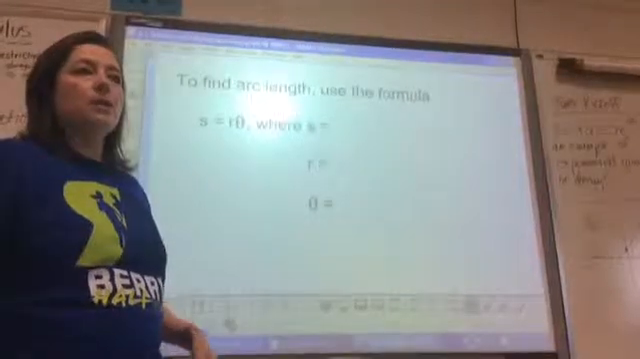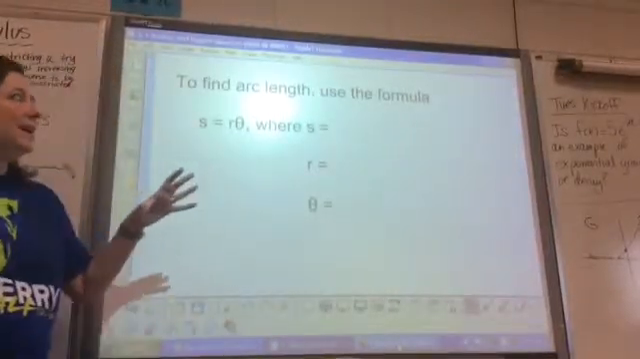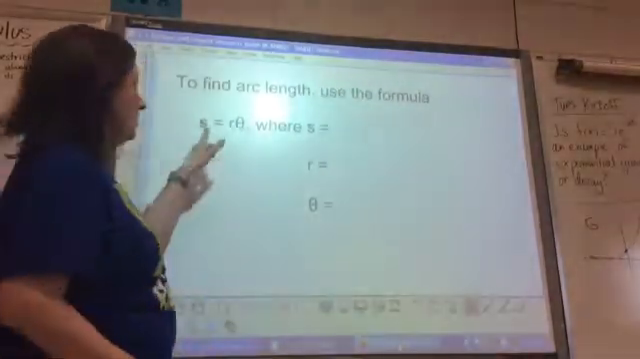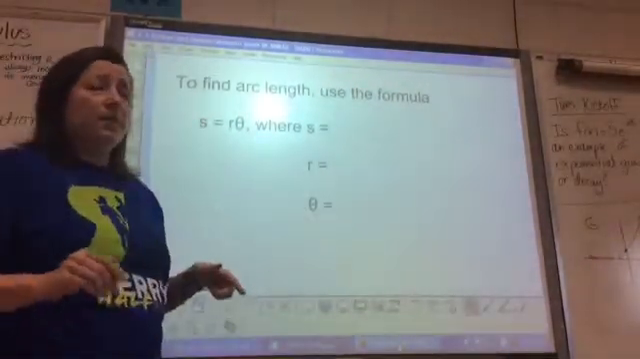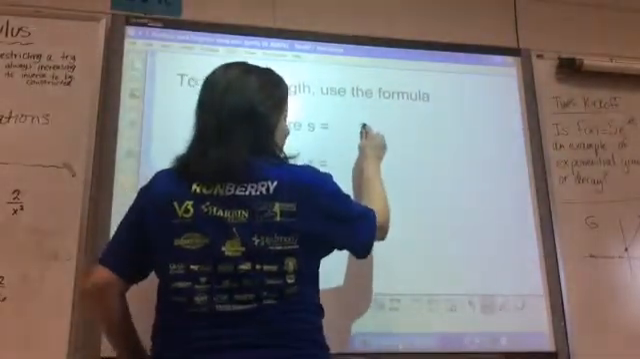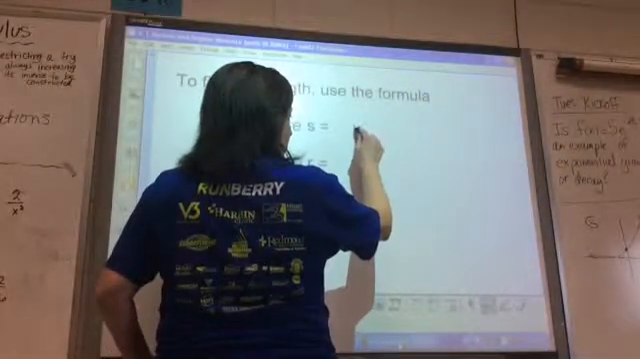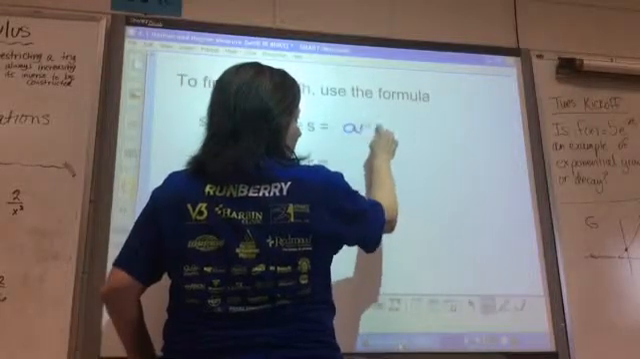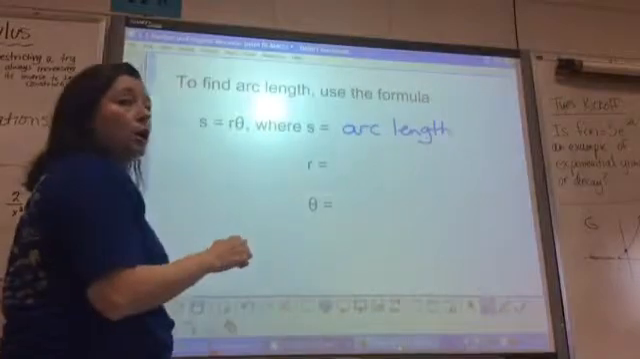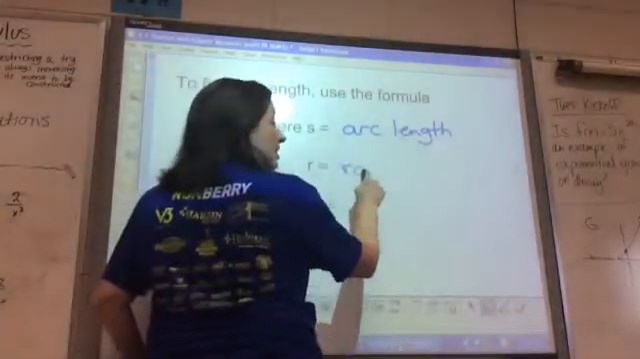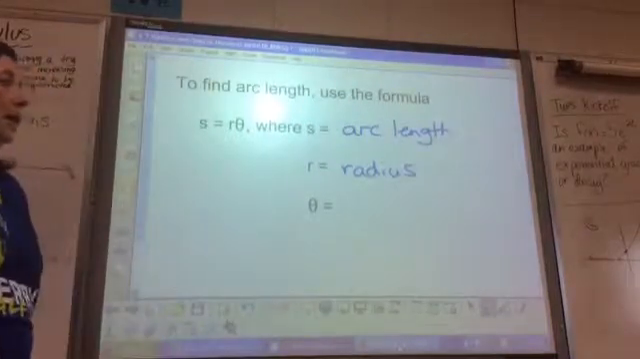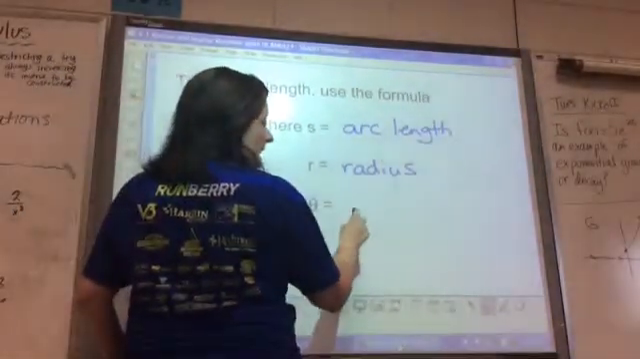So today we're adding on one little thing. It's a formula for arc length. It's S equals R times theta. S in this case is the arc length. R in this case is radius, not radians, but radius. And theta is the angle,